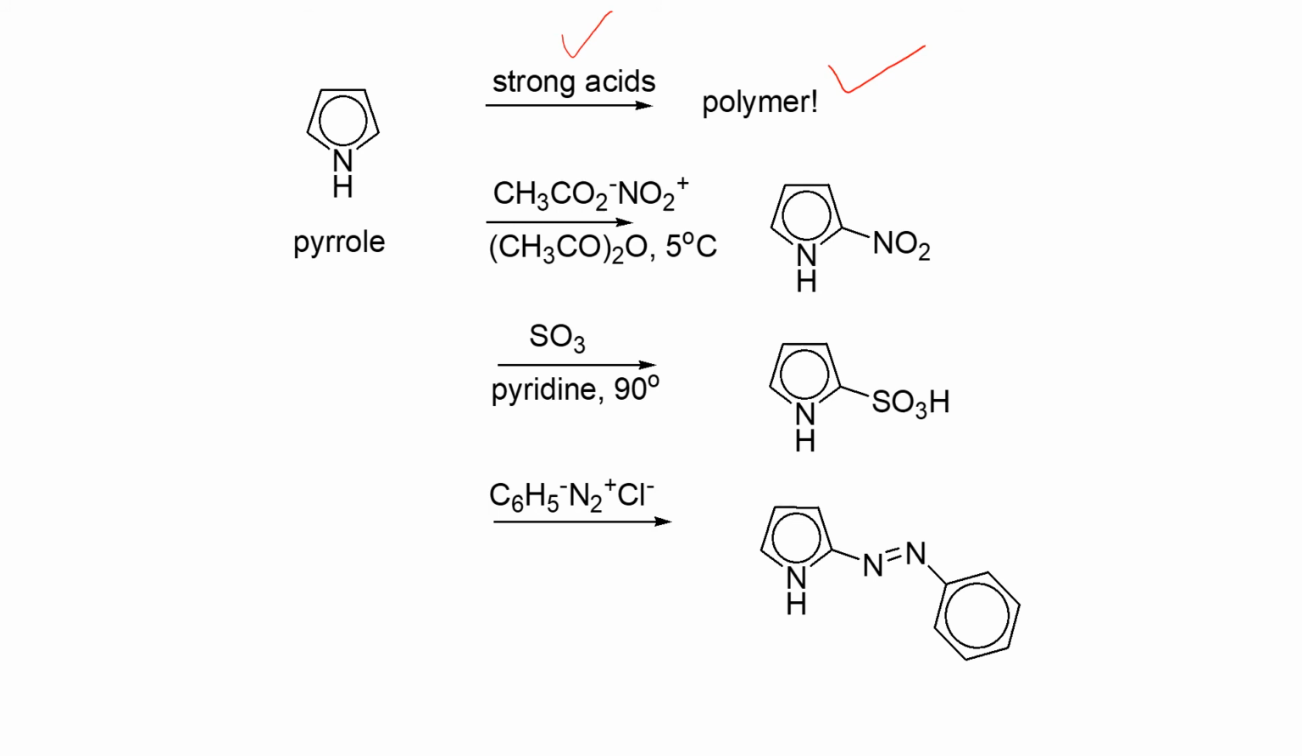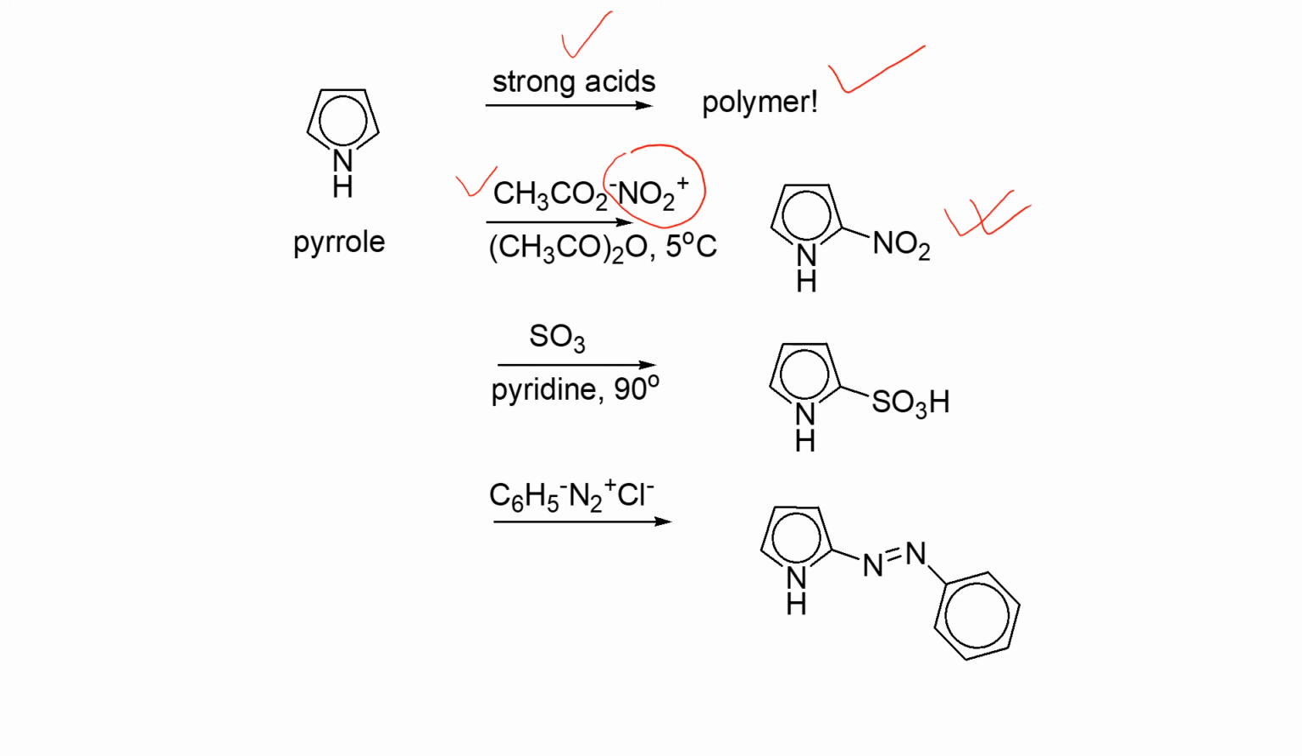As we already know, you have to avoid strong acid, but if you want to do nitration, in that case you have to use another compound which can produce the nitronium electrophile. So for nitration, as we have to avoid strong acid, we can use acetyl nitrite in acetic anhydride at 5 degrees centigrade. In that case, this nitronium electrophile will substitute the 2 position, that is, 2-nitropyrrole will be the major product after